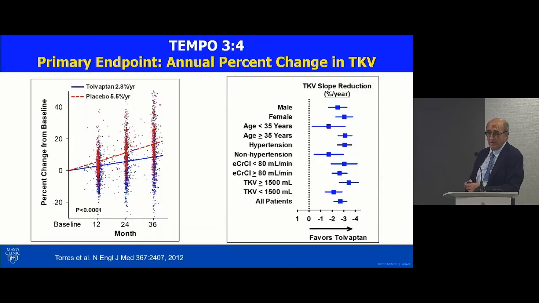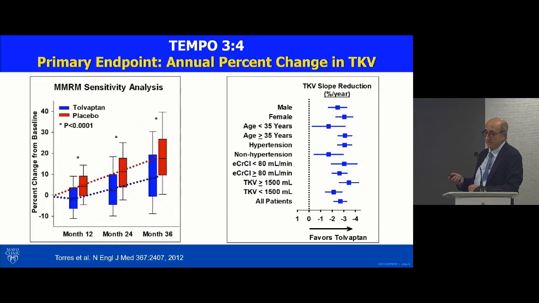So the primary endpoint in the TEMPO 3-4 was the increase in total kidney volume over a course of 3 years. And the results showed that the administration of tolvaptan resulted in a 49% reduction in the rate of increase in total kidney volume. But further analysis of the data showed that actually during the first year there was a reduction in the total kidney volume, which probably occurs very early in the first few months after initiating tolvaptan. And after the first year, the total kidney volume started to increase, although it increased at a slightly lower rate than it increased in the